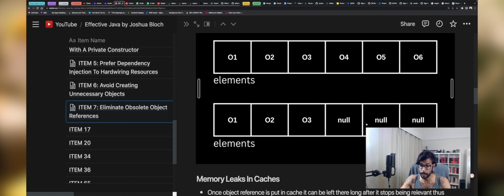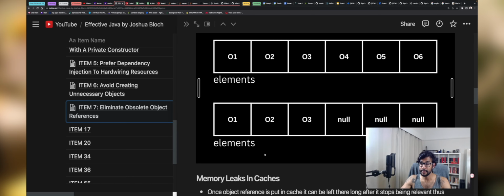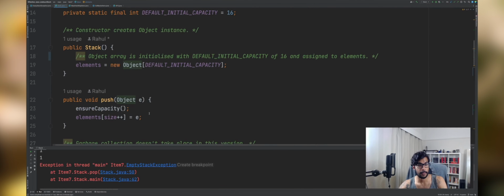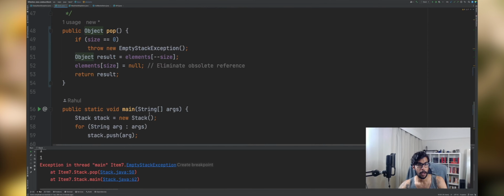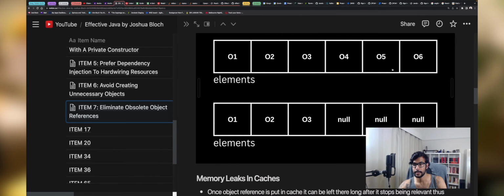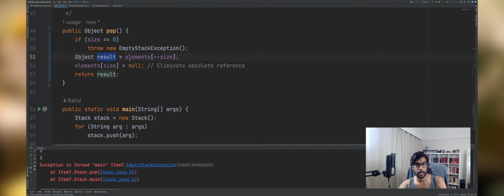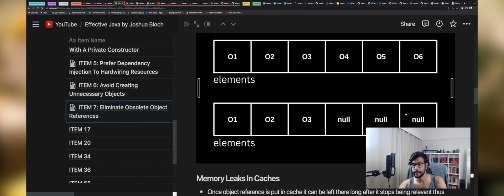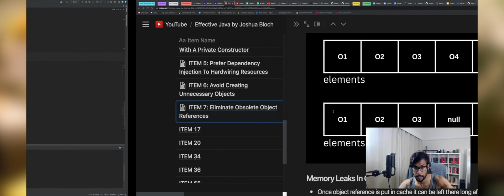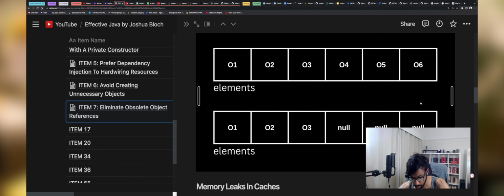So the right way to do it is to treat this array in this way, where the way we've done it in the proper pop method, every time we return whatever is in the index of this array, we also ensure that it's nulled out. And that way that reference is eliminated. The obsolete reference is eliminated. I hope that makes sense. I know I'm repeating the same point, but repetition is important to make sense of this. And on the note of repeating, I'm going to read out what Joshua Bloch has said about this particular class